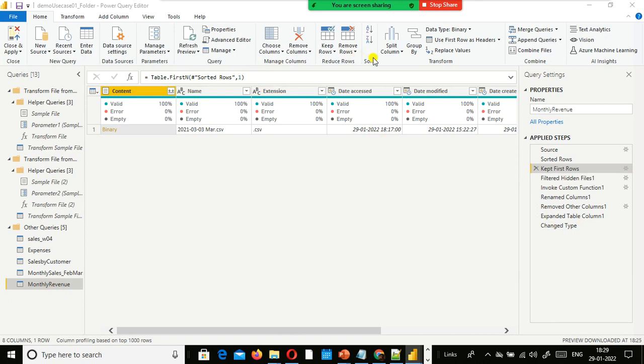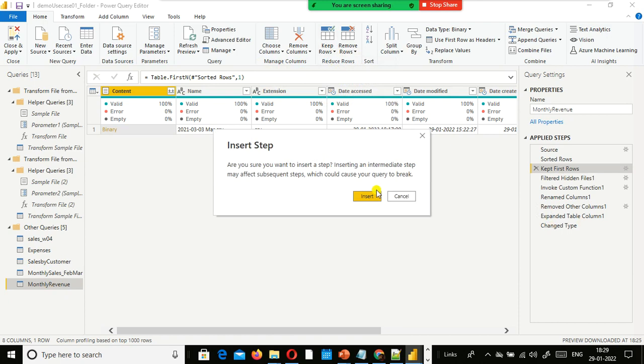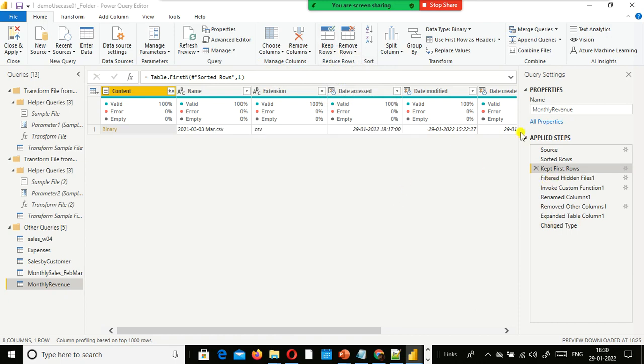For that only, we use keep rows, the keep top rows, we have mentioned this one, right? So whatever transformations we used for the previous month, the same thing is also applicable for the new file automatically. This is happening automatically. But if you don't follow the naming convention properly, it will simply combine, and for example, it will not pick up the recent month data automatically, right?